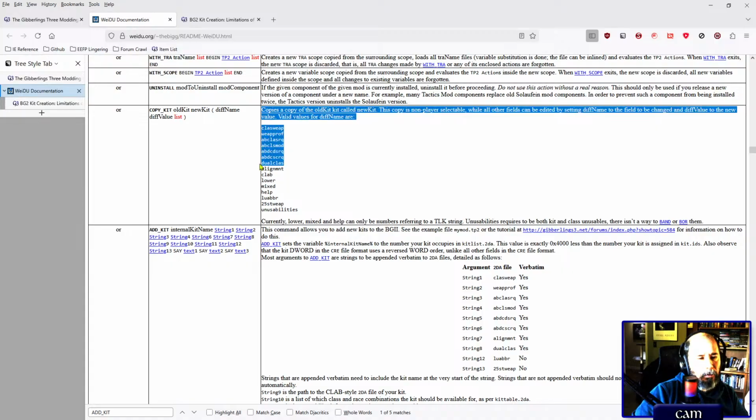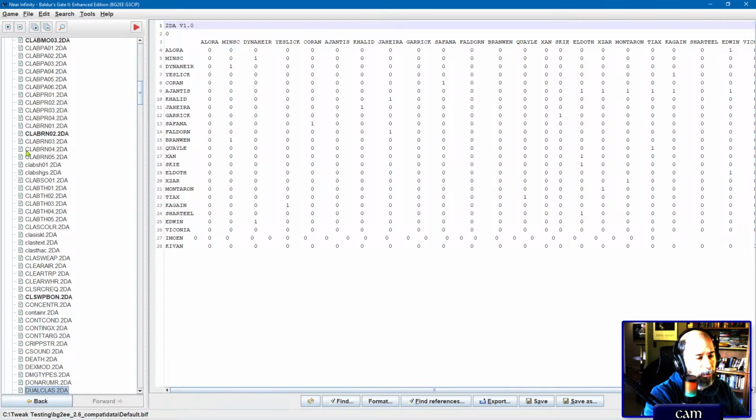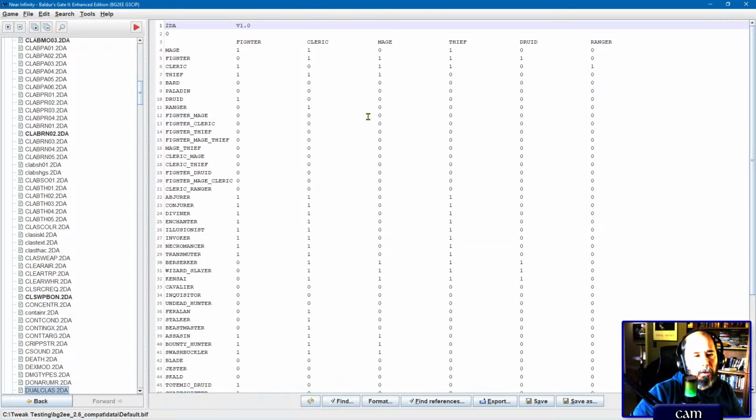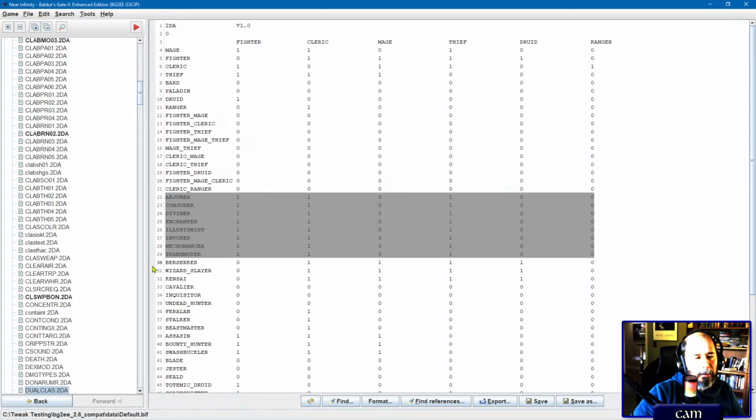Sorry, let's go back to add kit. And then we have dual class. Now this basically defines, can you even dual class? Right? So this determines, if I'm a mage, and if it's a 1, it's allowed. If it's 0, it's not allowed. So if I'm a mage, I can dual into fighter, I can dual into cleric. Obviously, I can't dual into mage. I can dual into thief, but not druids or rangers. And again, for the most part, the kits of a class follow the same convention as their parent, but again, they don't have to. And if you want to make a kit that you don't want people to be able to dual class out of, you just put zeros across the board. For example,